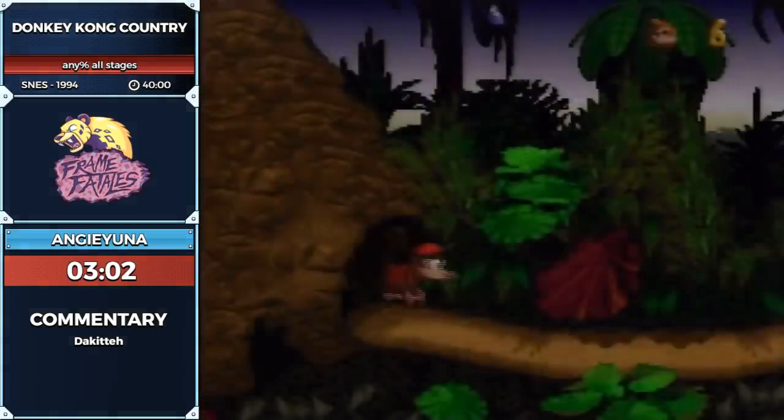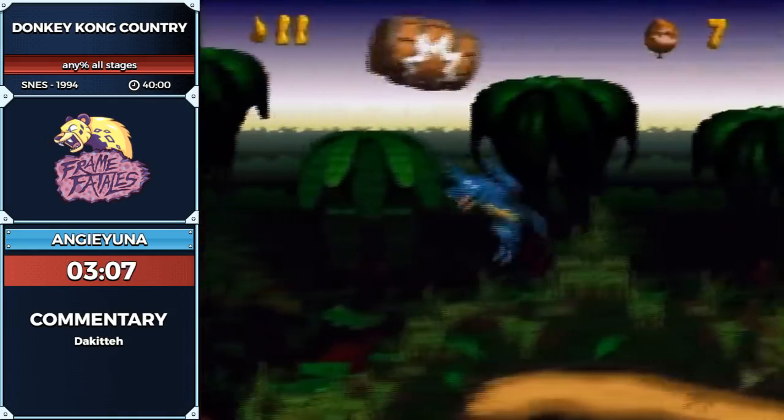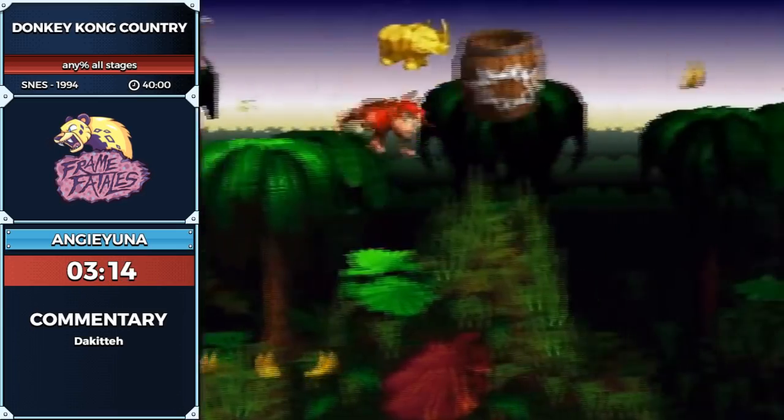And then for this stage, all we do is take a shortcut. Easy peasy, unless I screw up an extendo roll, which I should just hit the midway just in case, but...